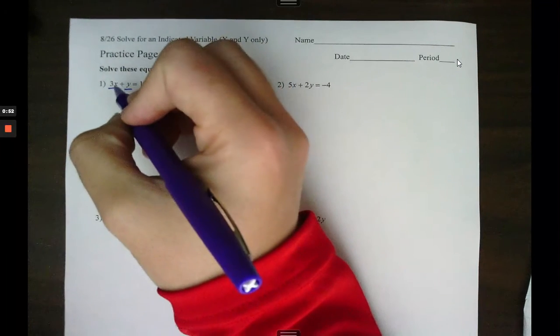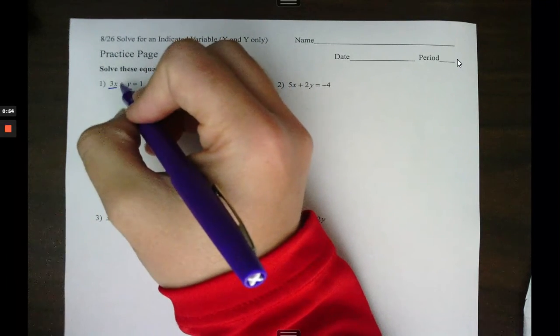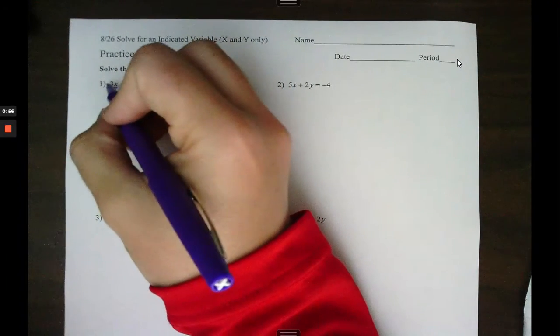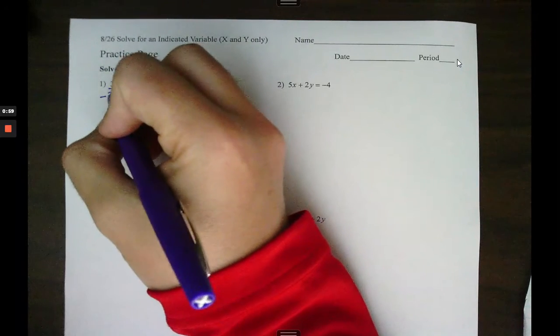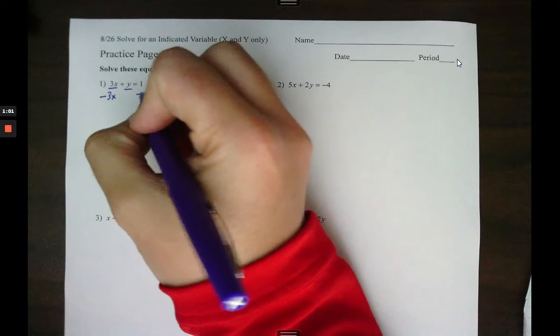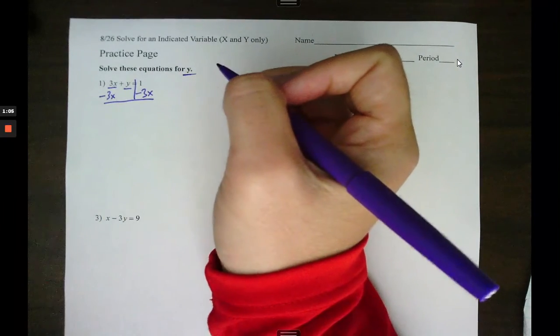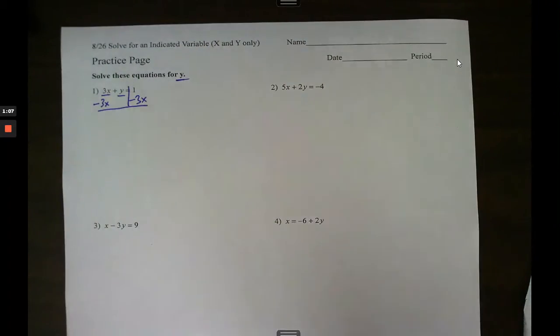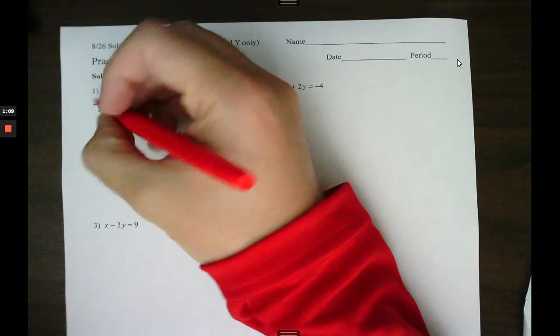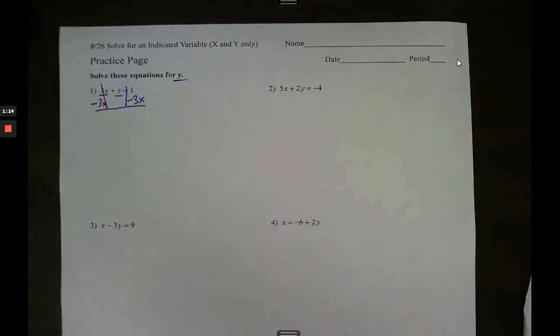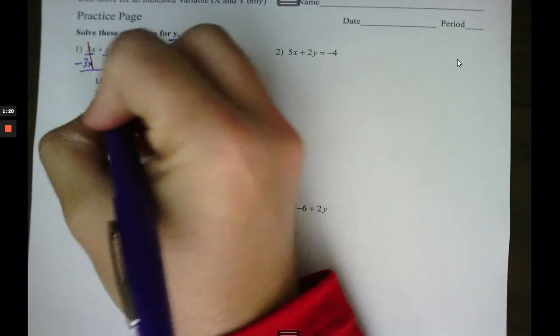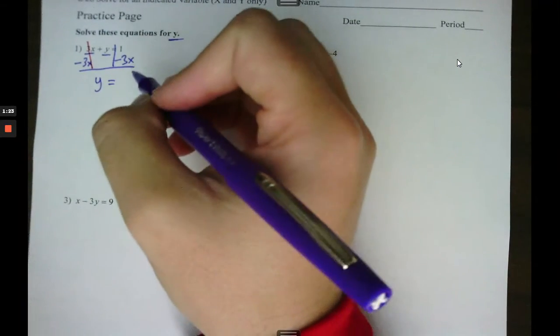So to do that, we use inverse operations. Since we're adding these two terms together, and that's a positive, we're going to subtract 3x once from each side of the equation. And of course, what happens, 3x minus 3x cancels out. Zoom this in just a little bit. There we go. And then that leaves me with y equals, and over here, there's a couple of ways we